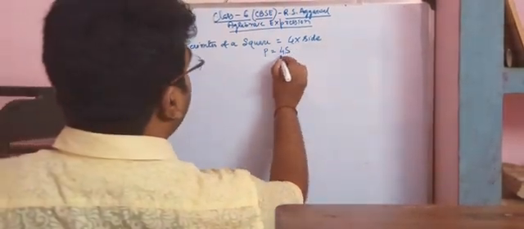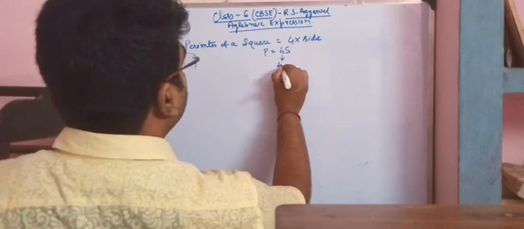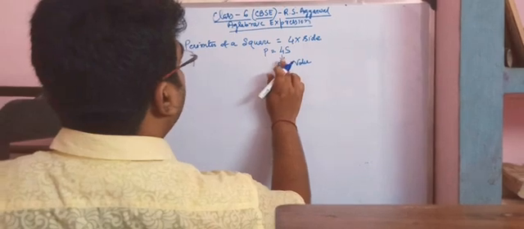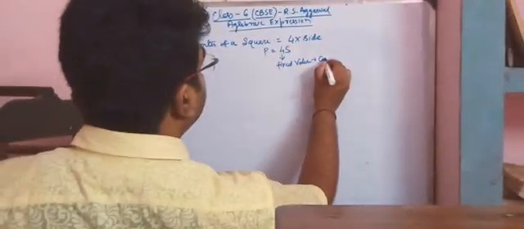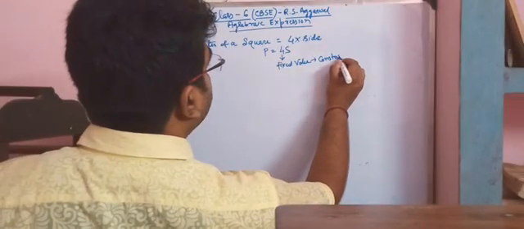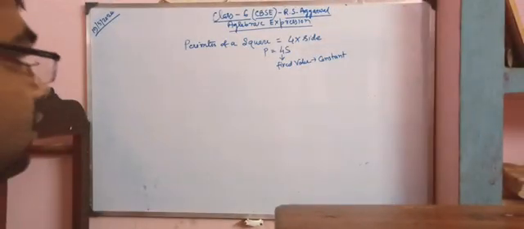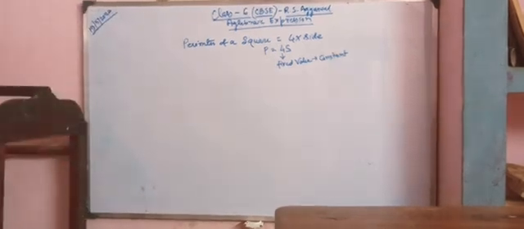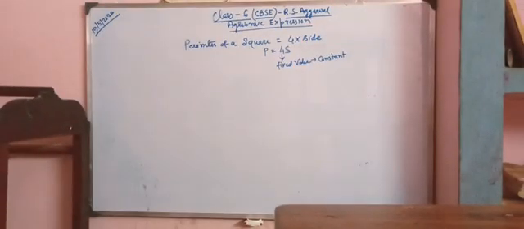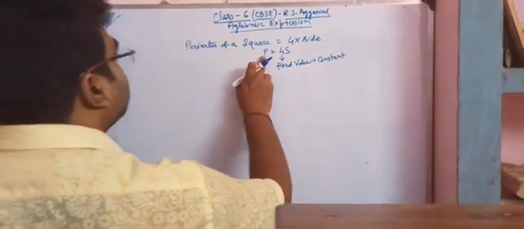Now, here p is equal to 4s. The 4 is a fixed value, so we can call this a constant. Since it is fixed, it is named a constant. A quantity whose value is unchanged is called a constant value. 4 means the value of 4 is unchanged. 4 means 4. So that is a fixed value, so that is called a constant.